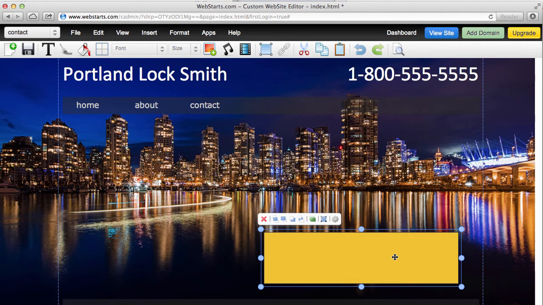Now I've placed my button in my bottom right hand corner because I'm going to put some bullet points and things over here, and I want people to click here to get a free estimate or for emergency service or whatever, something like that. So the next thing that I'm going to do is make the corners of my button